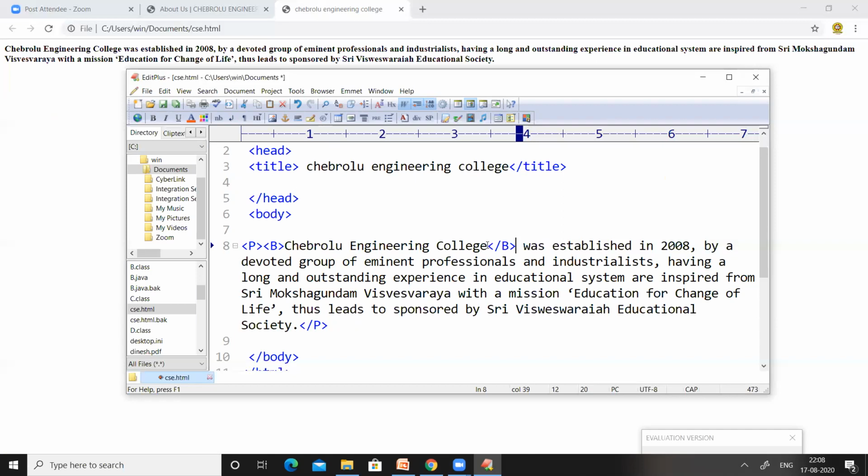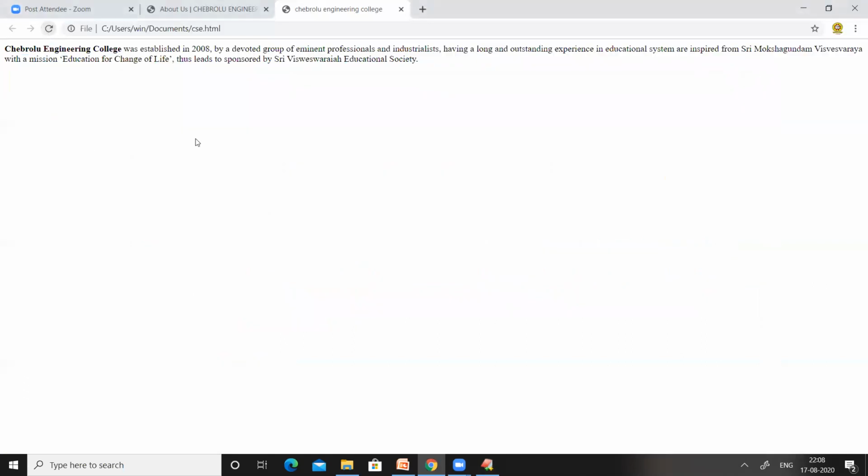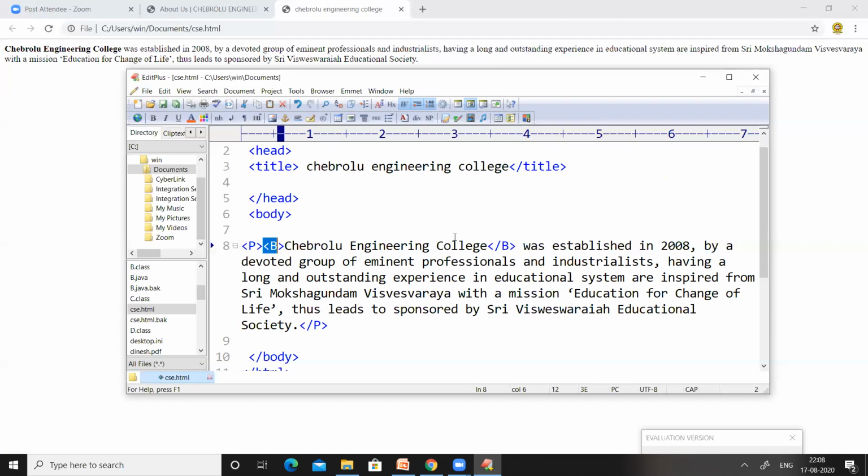This is the previous output: Chebrolu Engineering College is bolded because it is kept in between the start and end tag of bold. Now let us apply a tag called the italic tag. The italic tag is defined by I.